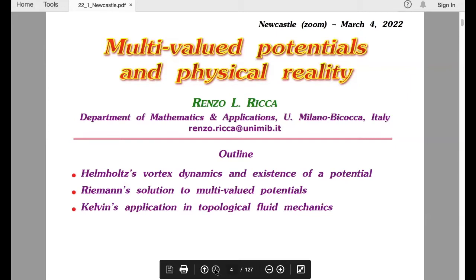Very interesting, the work of Kelvin, as you know, started off with his vortex atom theory that became the beginning of what we may call topological fluid mechanics. It is really the very first topological field theory of our time. And well, I spent quite a bit of time